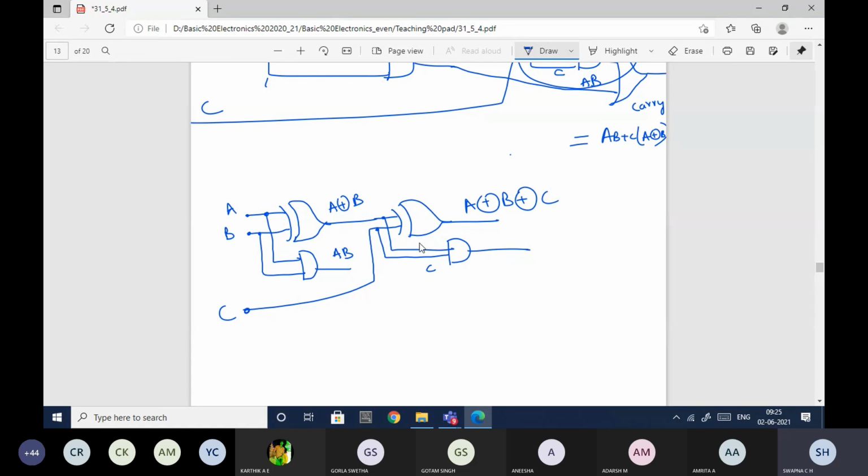This is my C, this is A XOR B, and I'll give them to the AND gate, so the output here is C(A XOR B). In order to get carry, I'll connect this and AB to the OR gate, so that I'll get C(A XOR B) plus AB, which is nothing but the carry equation.